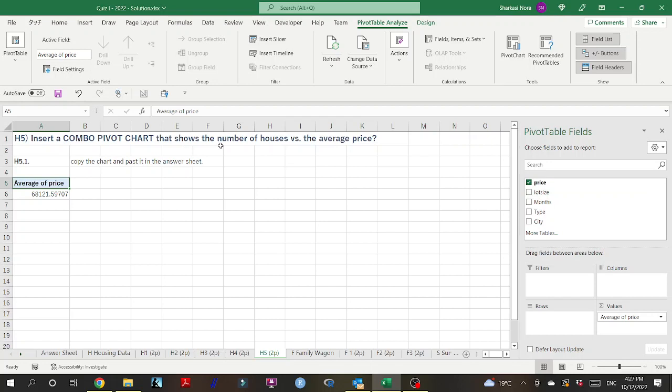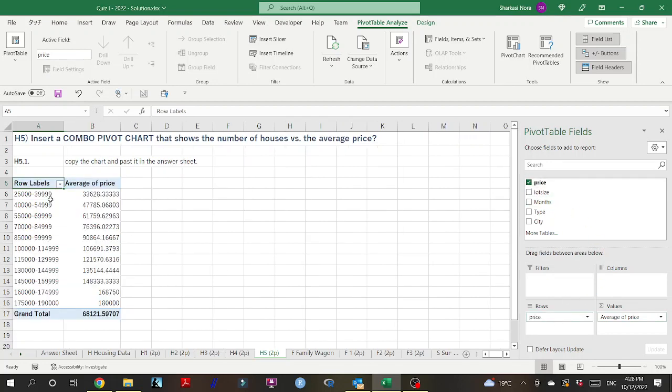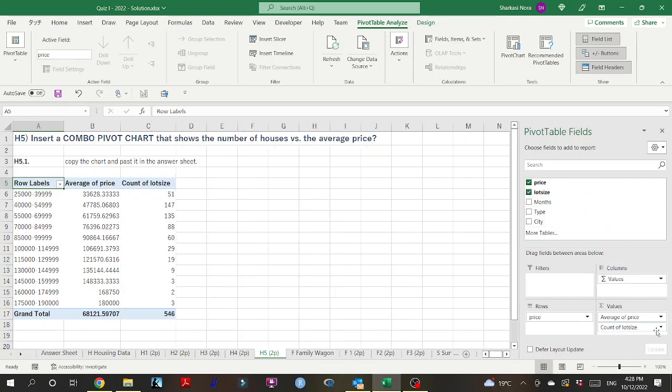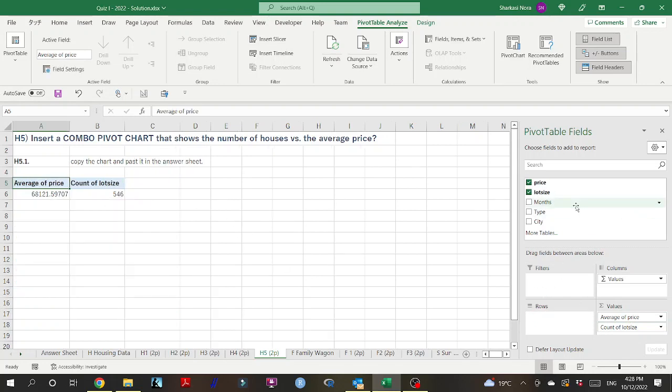So I want to insert a combo pivot chart that shows the number of houses versus the average price. Okay, this is the price. This is the average price in here, okay? But where is the number of houses? We need the number of houses. That would be, let's take the lot size and put it as count. So basically, even if you take off, this is the problem, you see? In most of you, I saw some of you putting that like that. You just need to put,